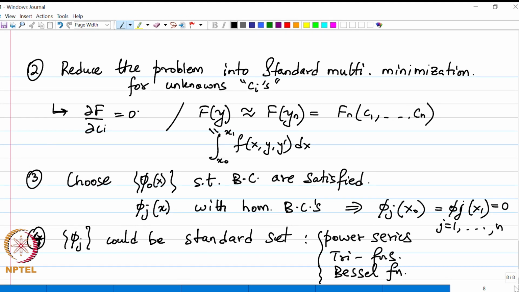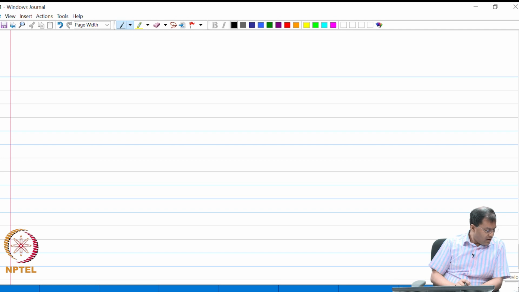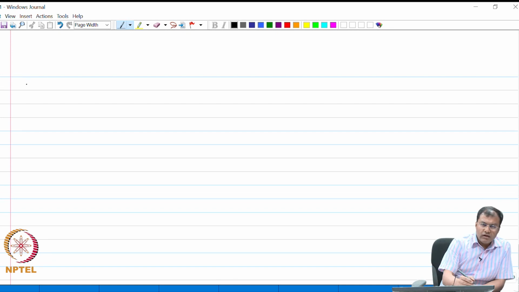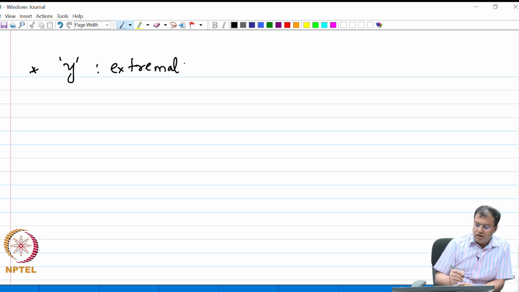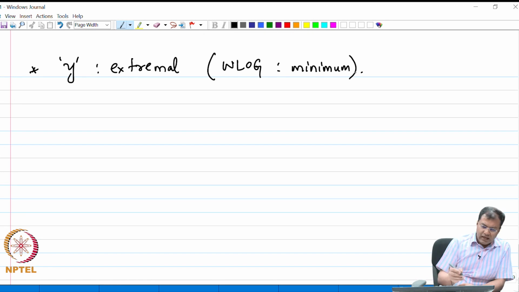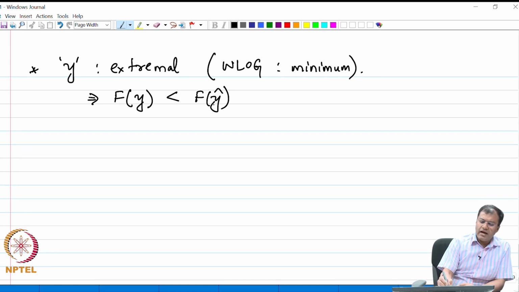Okay. So we assume, a little bit of analysis before we look at some examples. Let us say that y is the extremal to the problem at hand. We assume, without loss of generality, that the extremal we are talking about is a minimum. In that case, the value of the functional f of y will be less than f of y hat, where y hat is the perturbation of y,